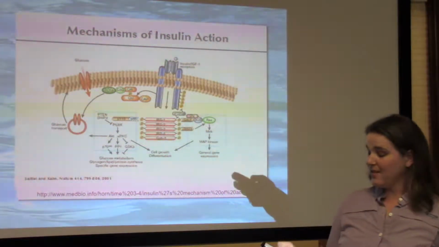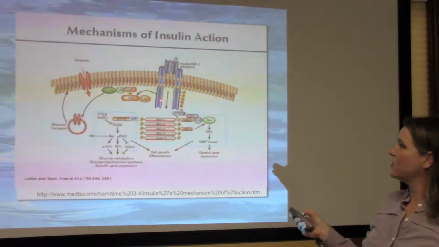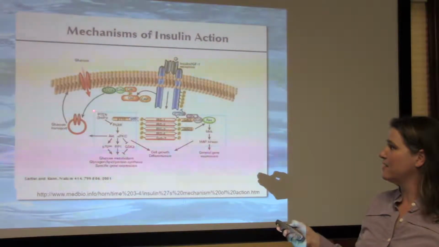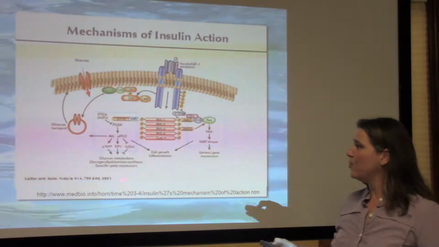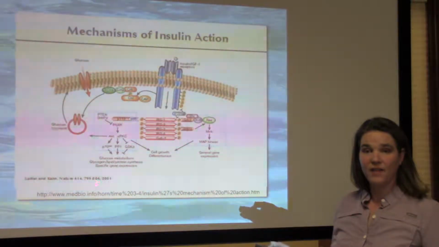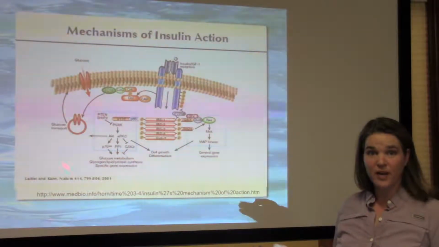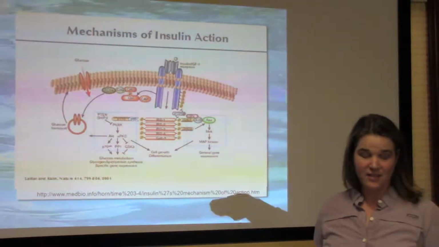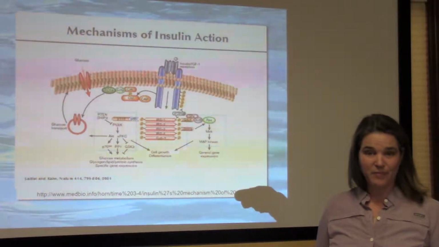Here we see the process is complicated, but it boils down to insulin receptors trigger the glucose channels to open, let glucose into the cell. But now insulin is also very important in the role of regulating gluconeogenesis, glycogen breakdown, protein breakdown, and fat breakdown, and that's important. We'll find later on when we discuss DKA.